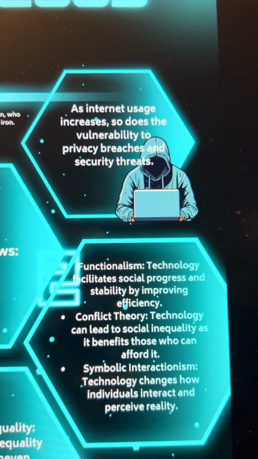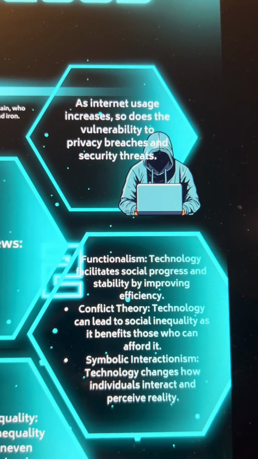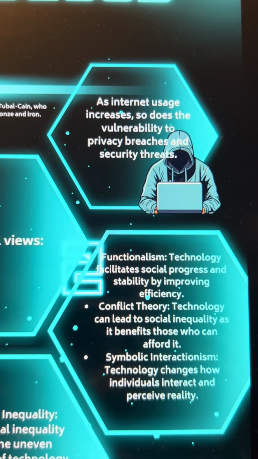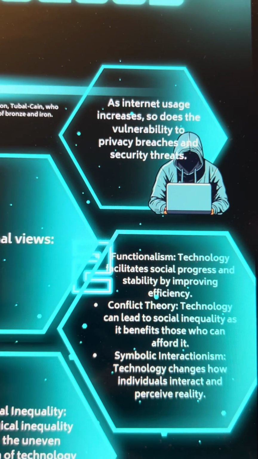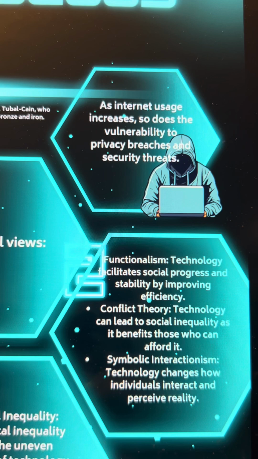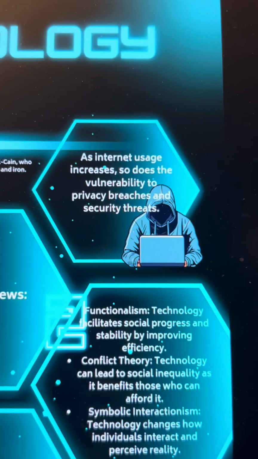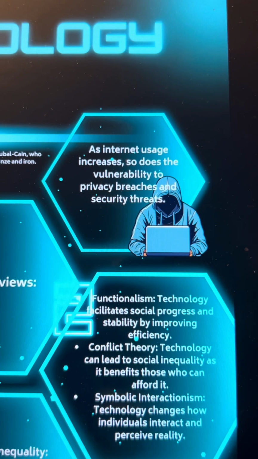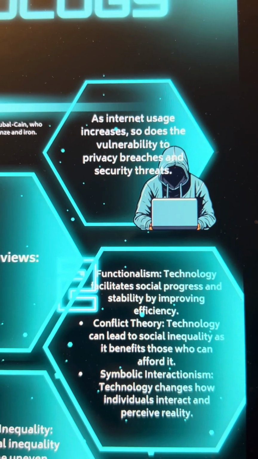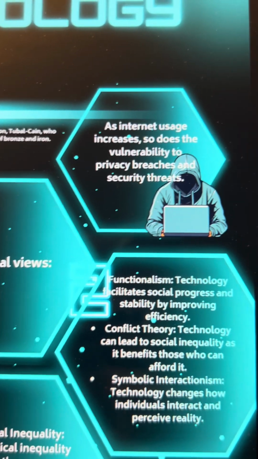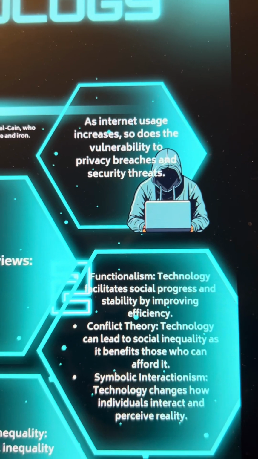For instance, when people post something on Instagram, there are haters who will just come over and start to say hateful comments, and that will be very hurtful to that person, and it is another form of cyberbullying. And again, from three sociological theorists, from a functionalist perspective, privacy measures are necessary for maintaining social order and trust within the digital